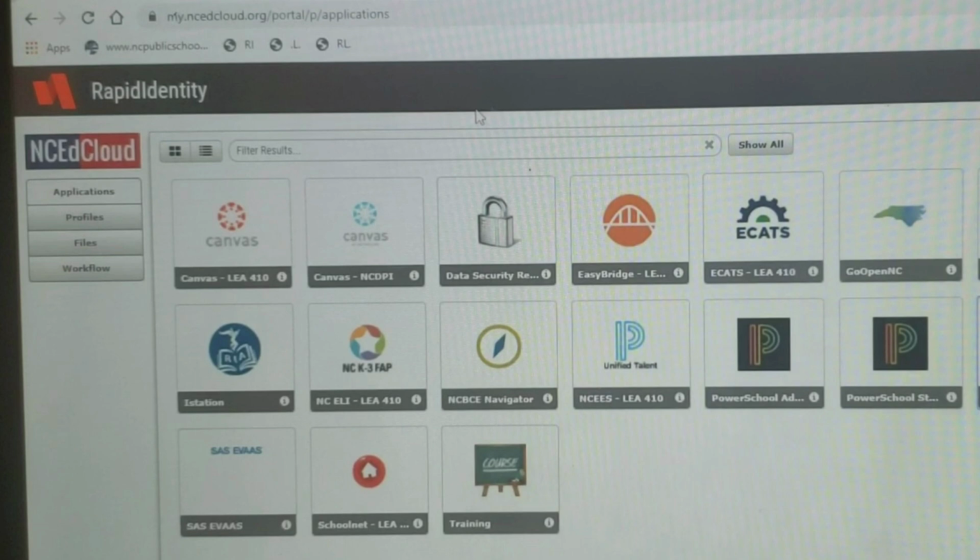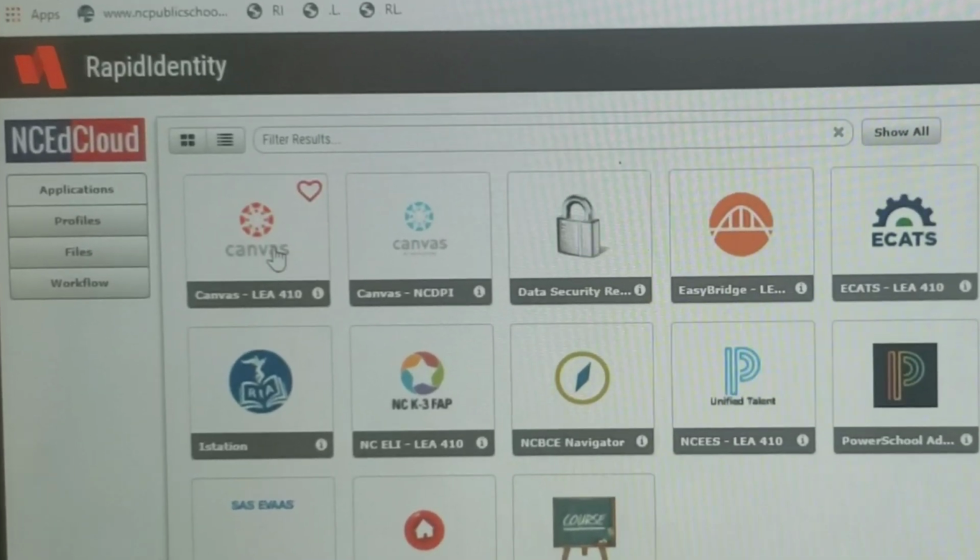Welcome to your first distance learning homework guide. I'm going to show you how to navigate Canvas and get to your homework, and we're going to work through some homework problems together. Once you're logged on to NC Ed Cloud, go straight to Canvas and go to your